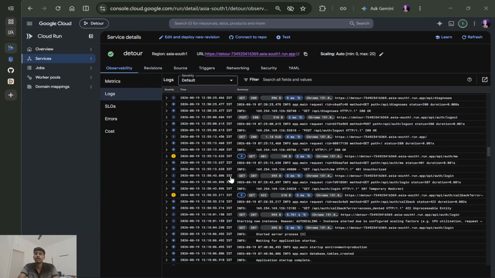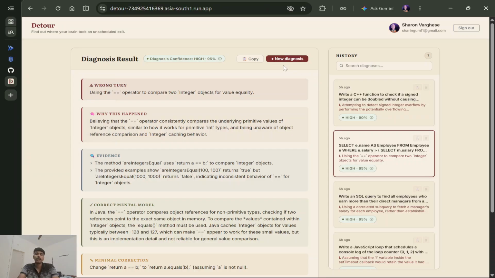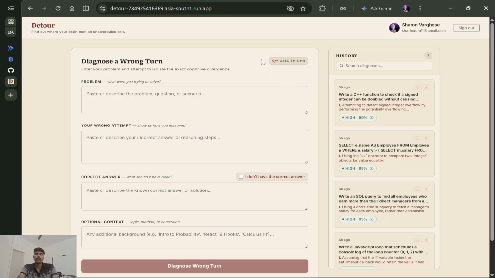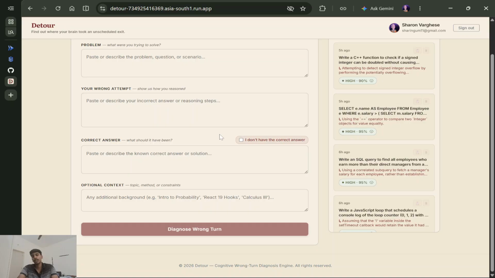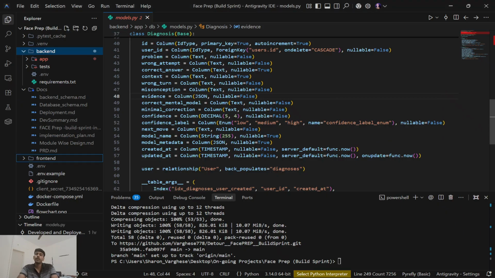The other thing was rate limiting. If I am not using rate limiting, any user can run a script to request access to the model repeatedly, which can drain my pockets. So that's issue number three which I resolved. Moving forward,